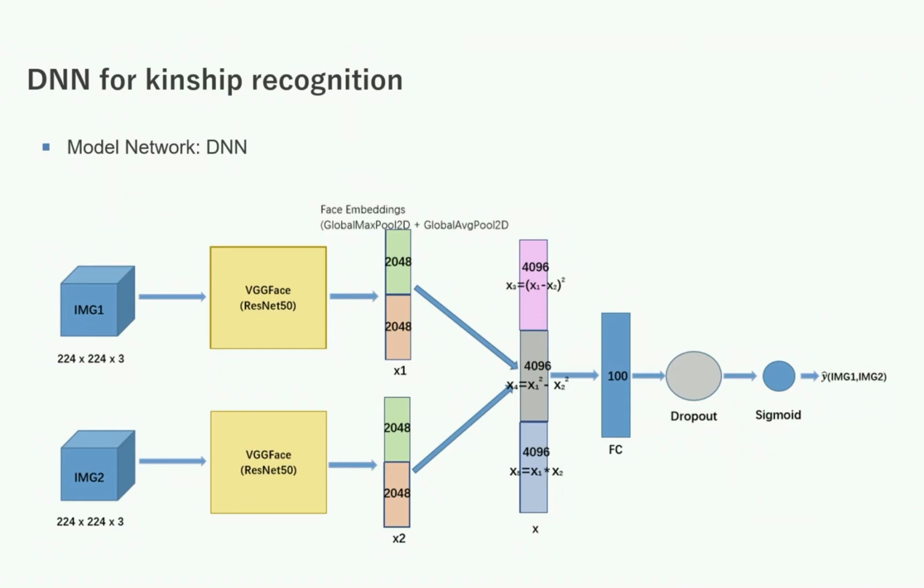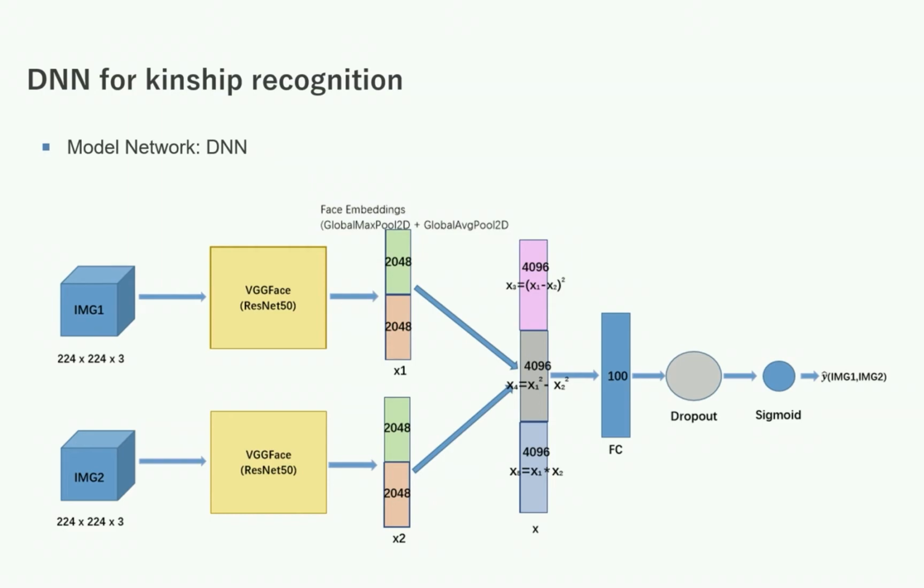Below is the concrete architecture of our network. Firstly, we use features obtained from the pre-trained model VGG-Face. The VGG-Face model takes the input of shape 224 multiplied by 224 multiplied by 3. We remove the top layers of VGG-Face so that the output we get are face embeddings with size 248 multiplied by 1. We then use different combinations of features like square of x1 minus x2, square of x1